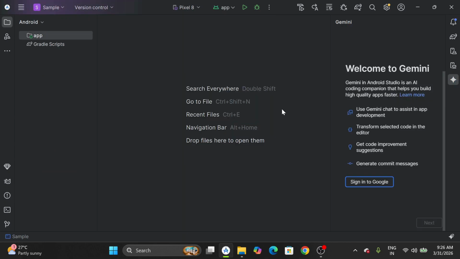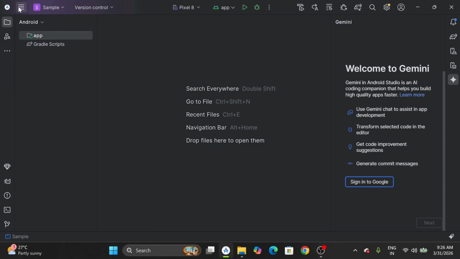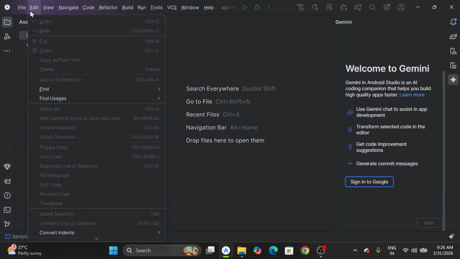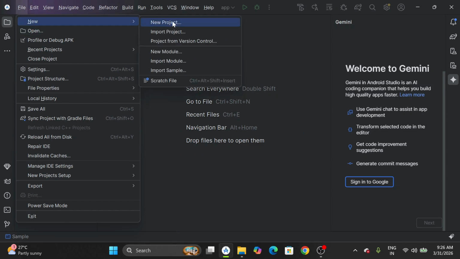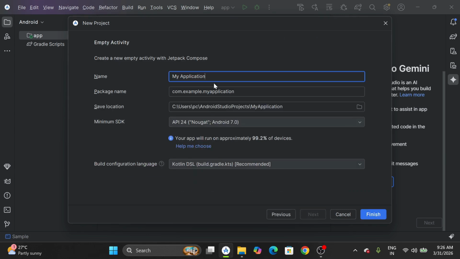Now what happens when you create a new project in Android Studio? See, select empty activity, and I was choosing phone and tablet right now, and then I was going for next, and here you can give your application name. I was just simply giving a sample name, and see here minimum SDK